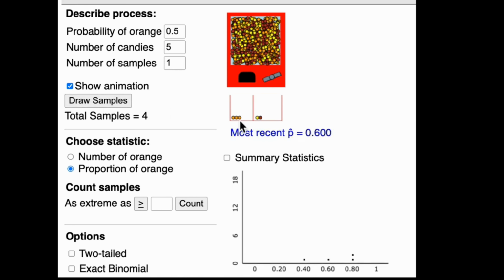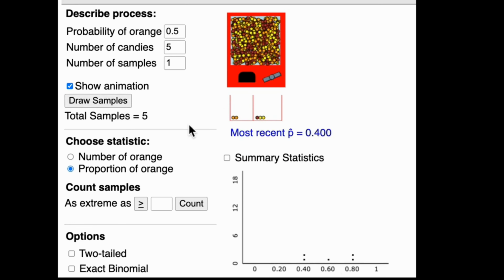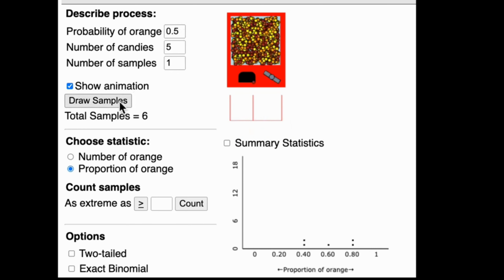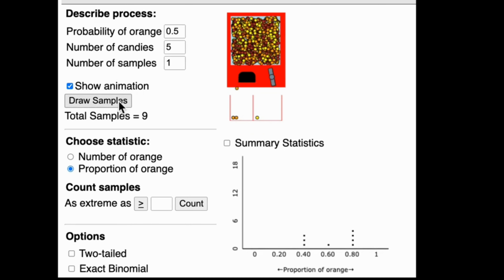And you can keep doing this. This one got me 3 out of 5, which is 60%. Wow, this machine. Wow, we're getting so lucky. We're getting all the orange pieces, which I love. Uh-oh. I'm not happy. This is 2 out of 5. This is lower than what they told me they were going to do. And if I just keep drawing lots and lots of candy,